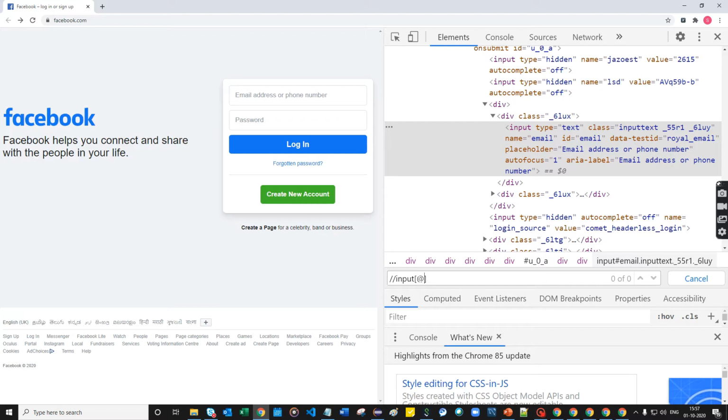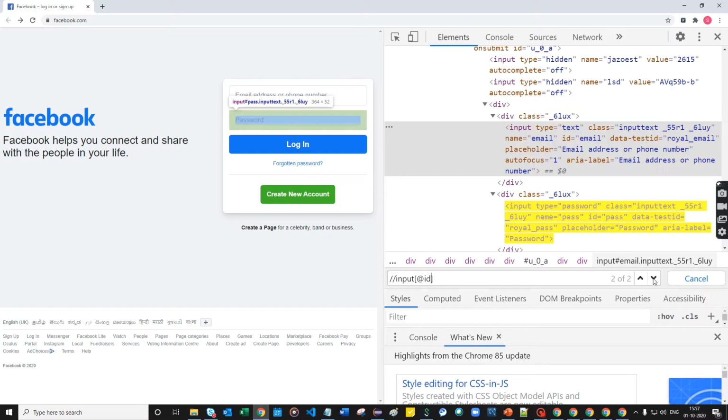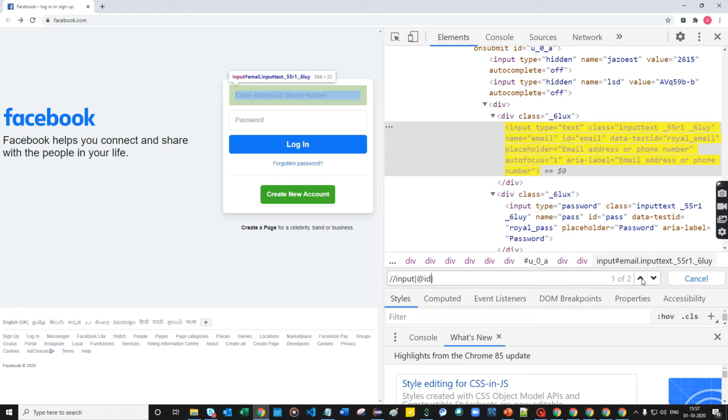What is the attribute you are going to define here? I'm going to give ID, right? See here, that ID is matched, which is email and password. So which ID locator are we going to take? Equal to, in single quotes, you put email, because I'm going to enter the value inside the email text box, right? So this is the syntax you follow to define the XPath.